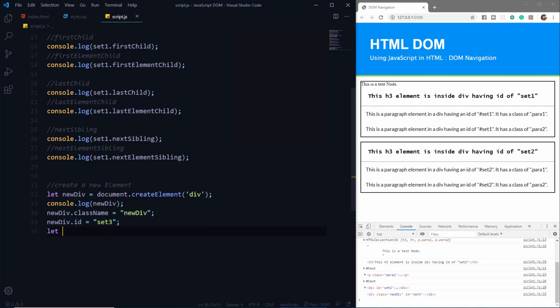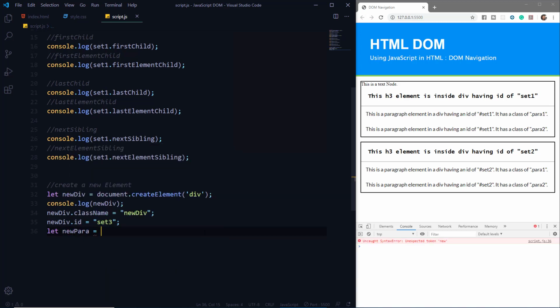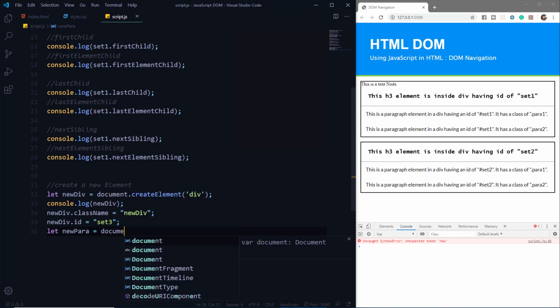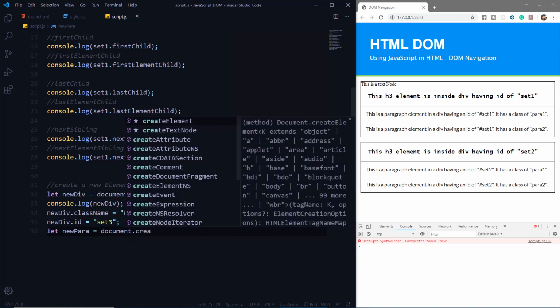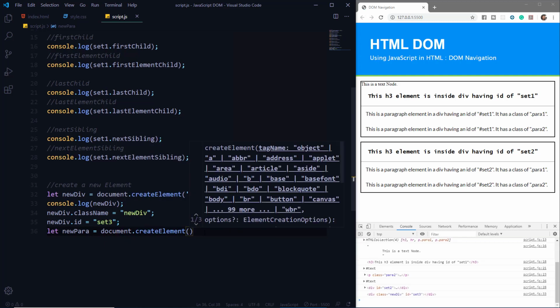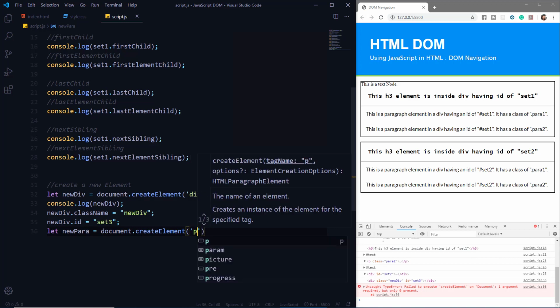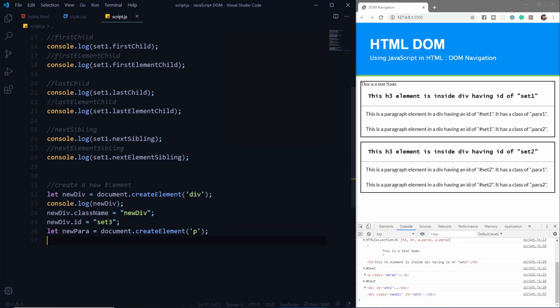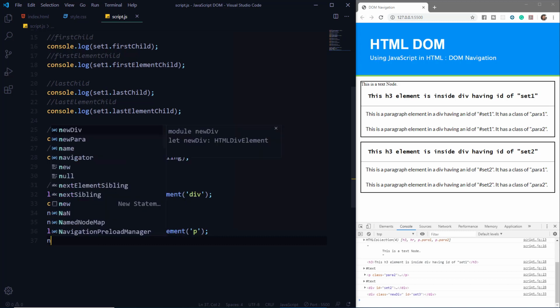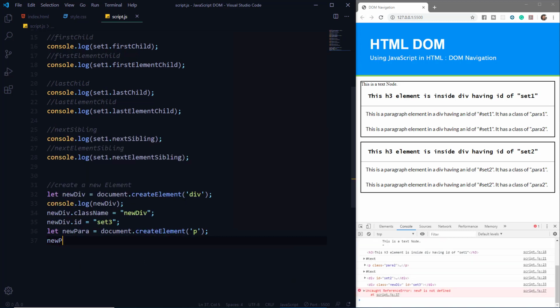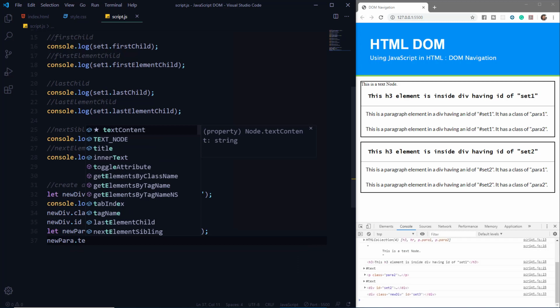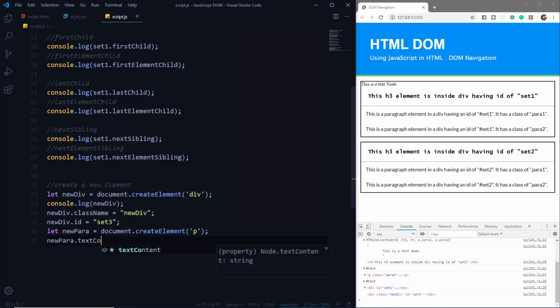Now let's see how we can add elements to this new div which we have created. For this, we'll create a new paragraph element using the createElement method. So we'll write document.createElement and we'll pass the parameter as p. Now we can also add text to this p element. So let's add some text. We can use the textContent property to add the text.